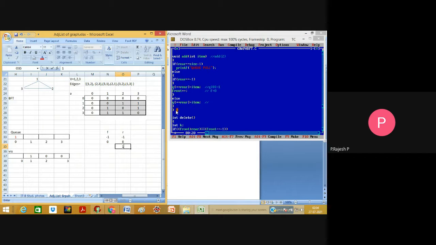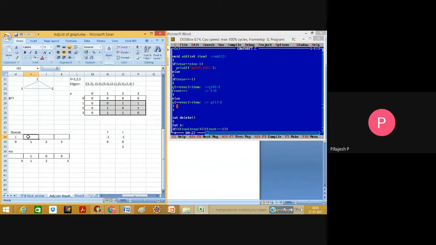Okay, and then q of 0 is equal to, what is the value that we have to place? Q of 0 is equal to, okay, sorry, q of 1. Previously rear was equal to 0, but it was incremented, and then q of 1 double equals to, we have to place a value which is nothing but 2 right now.